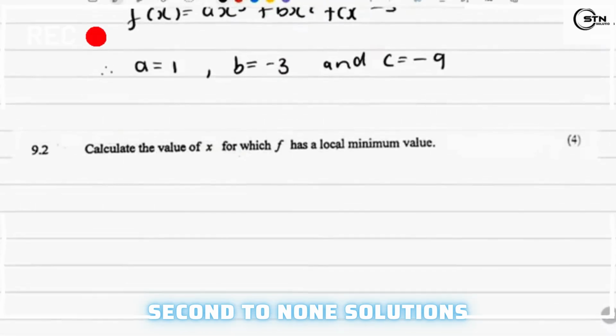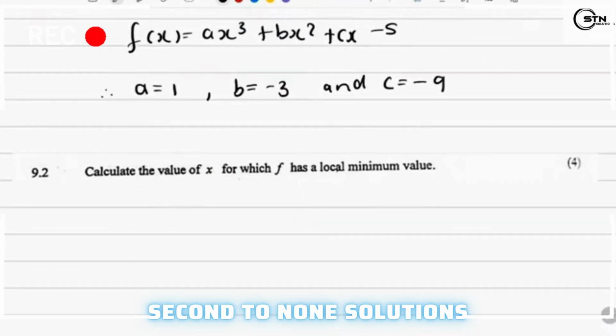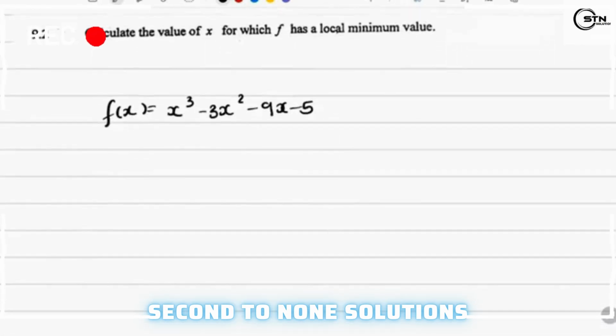So take the function of f, which we now know, just rewrite it. And now that we have our function of x, we're going to find the turning point since we're looking for the local minimum. So we're going to derive this function, f prime of x is equal to, and so that's going to give you 3x squared minus 6x minus 9. And now that you have that, to find the local minimum, you're going to make the gradient equal to 0,